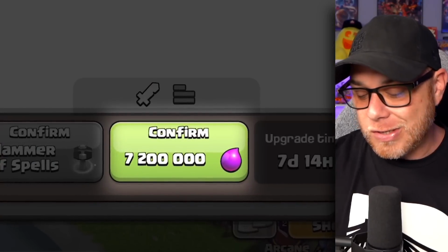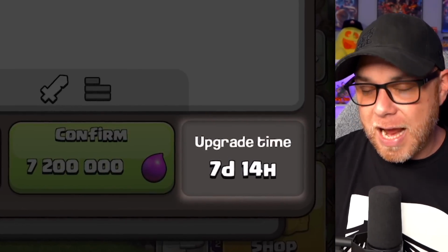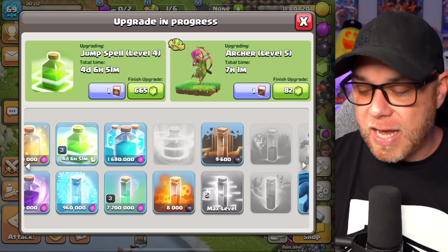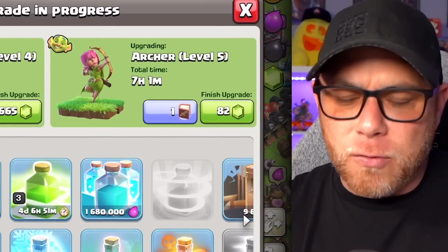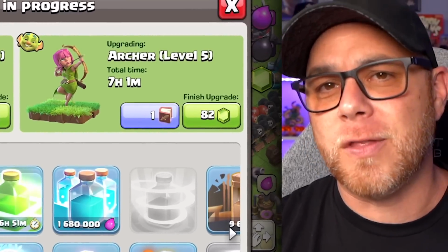and then the next upgrade is to level 4 to max it out. It's going to cost us 7.2 million elixir and a 7-day 14-hour upgrade time. So we will be using a book of spells to finish up that spell. Right now we currently have the jump spell down for upgrade, and we're going to try to get that to the highest level as well. And that'll really kind of conclude our sneaky goblin army until we upgrade the laboratory again to increase those troop